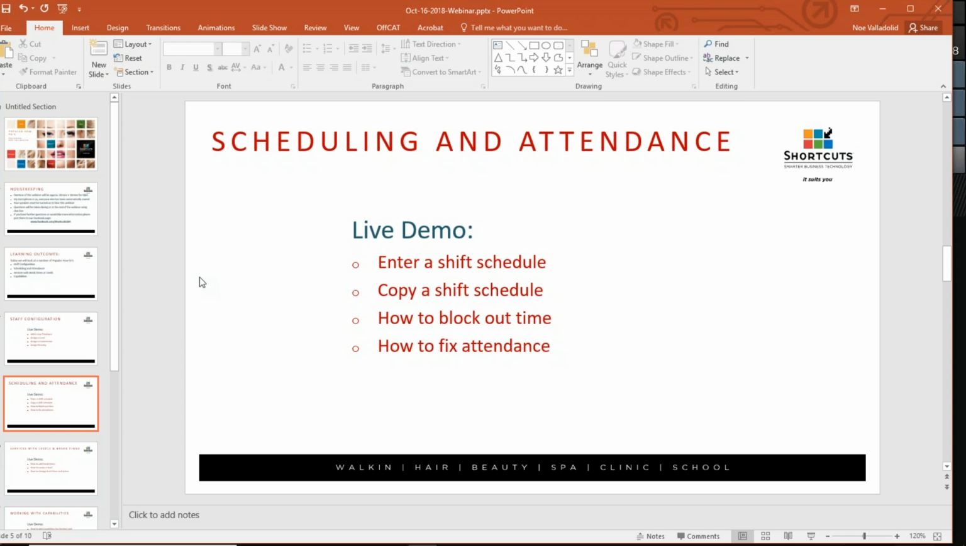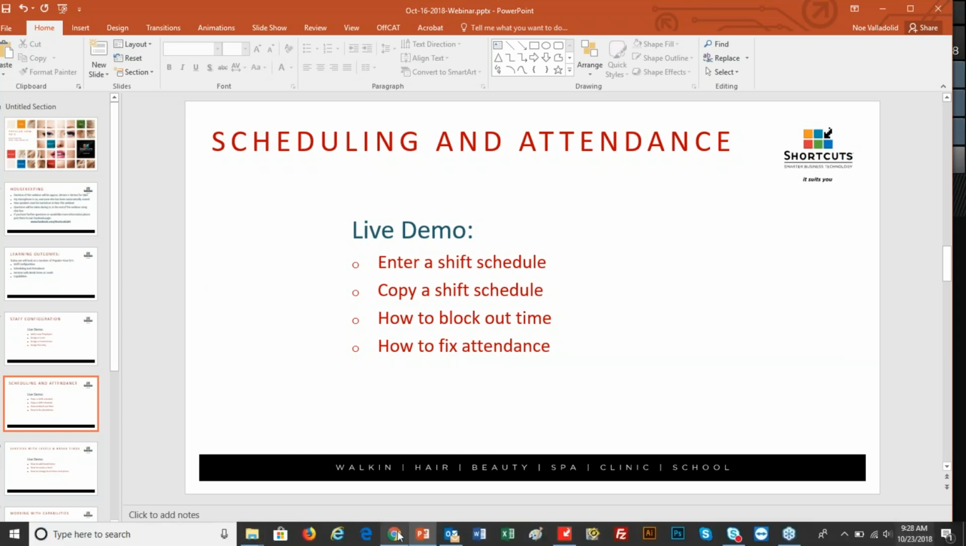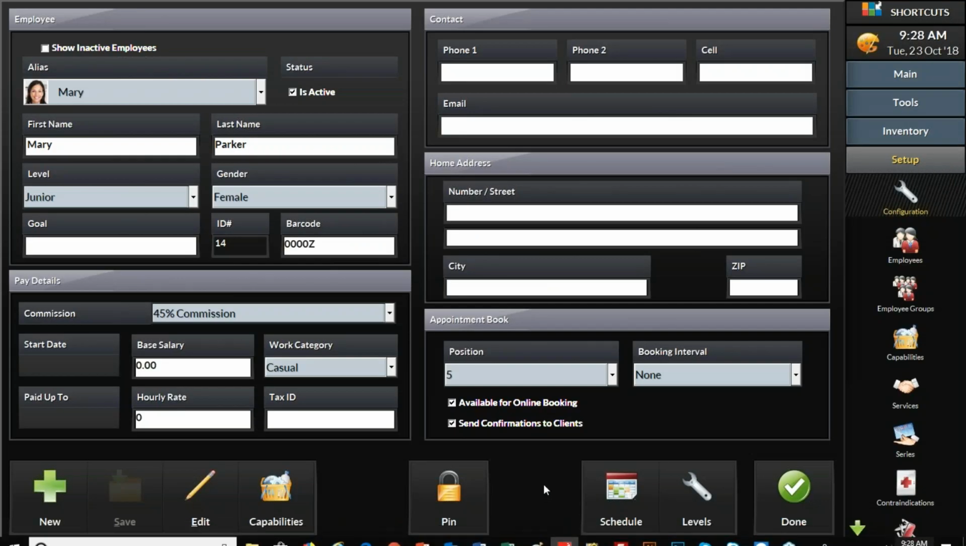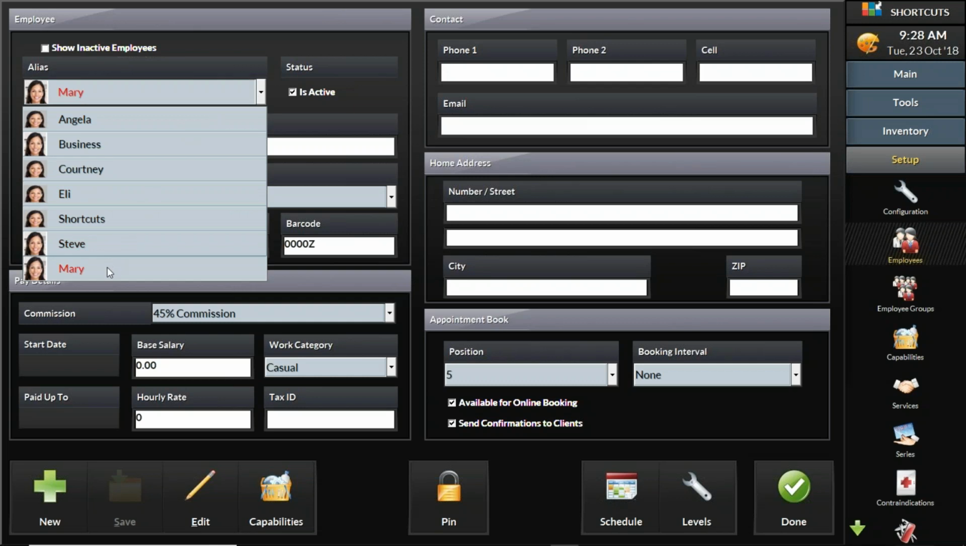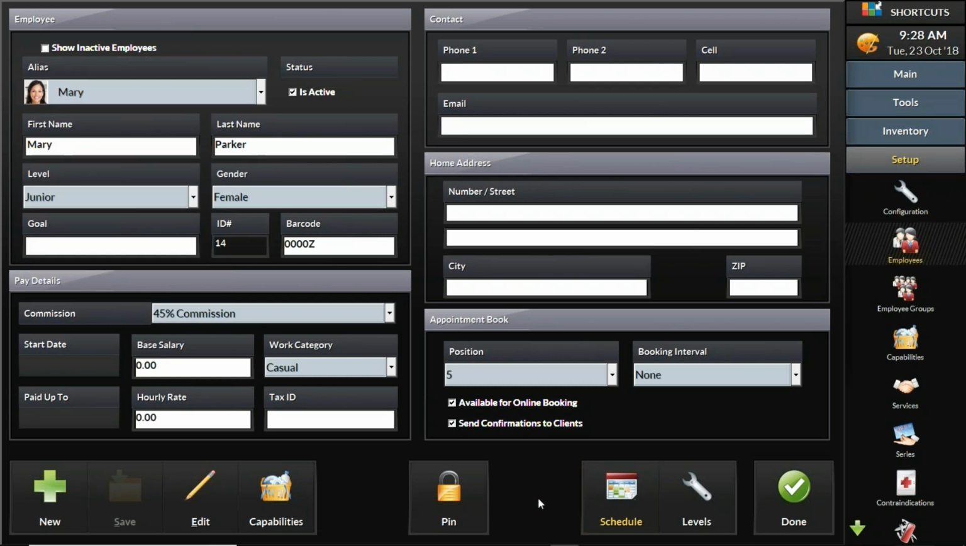So the next thing, now that you have your staff entered in shortcuts, how do you put in a schedule for them? How do you copy that schedule? How do you block out time? And of course, how do you fix attendance in case you have an hourly employee and they forget to clock in or clock out? So we'll return back to shortcuts. We're still under the setup button on the right side, and we're still under the employees screen. So from here, if I just added a new employee, Mary in this case, on the bottom right, I need